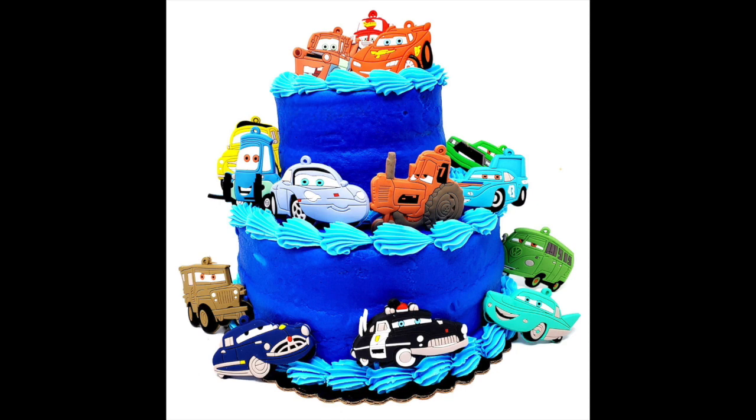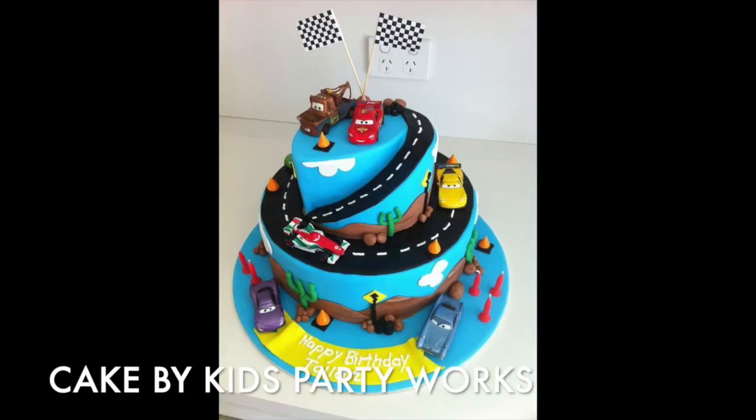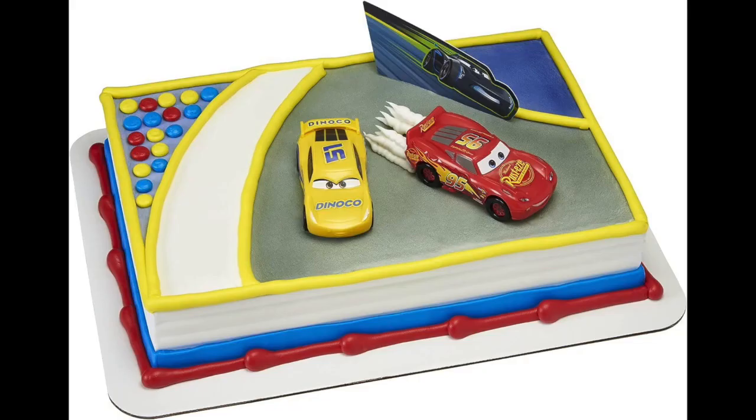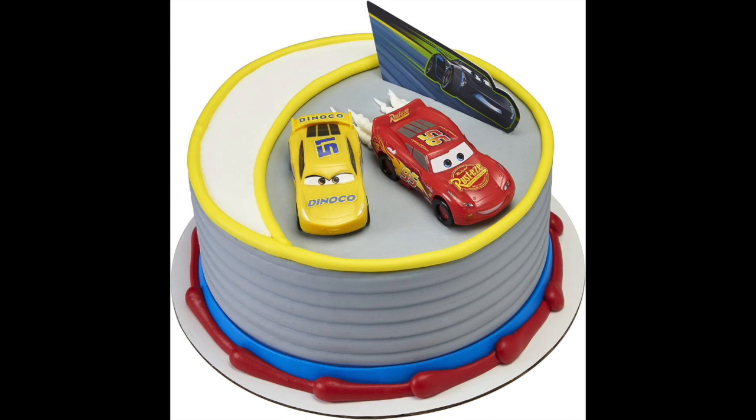You'll find a wide variety of different images of Cars cakes online, most of which were custom made by people, with results ranging from whoa to ah! But have no fear, as over the years there have been a few different Cars cake decorating kits, which include some accessories to put on top of the cake, as well as instructions to make some pretty good looking Cars cakes. Up first, there's this one by DecoPack for Cars 3 with instructions on how to make this cake, both rectangular and round. Don't know why you'd want to make the round one, it looks like there's barely any space